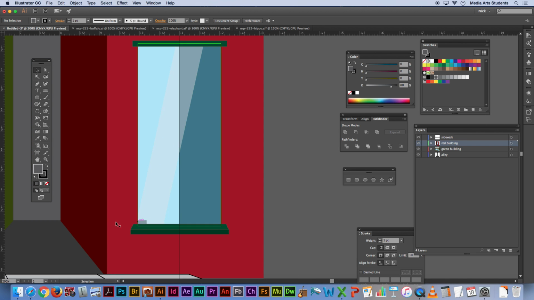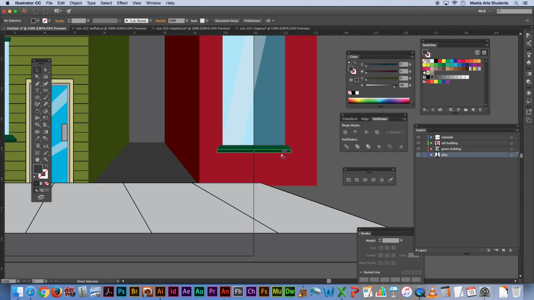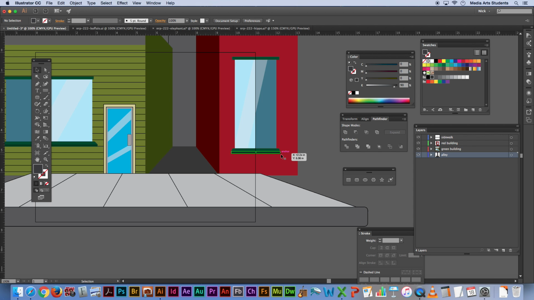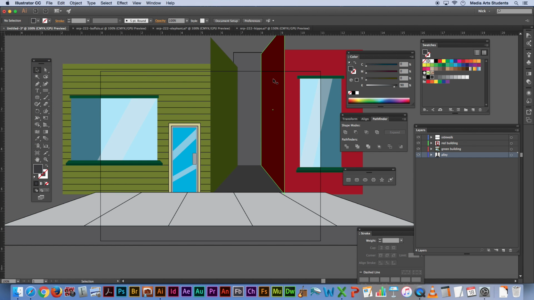I'm curious what that is. And I think I know what it is. It's this shape. So let's just pull it in a little bit. There we are. Okay. And yeah, so this is what we got. Again, if you're freaked out over the artboard, just please don't be. Okay. So I've got a sidewalk, I've got a red building, I've got a green building, I've got an alley,